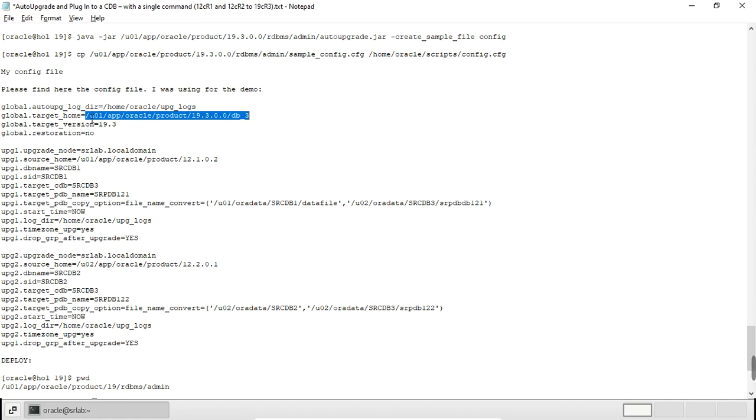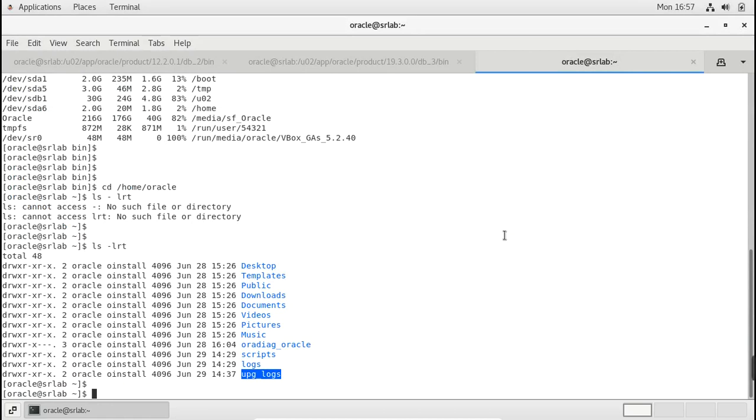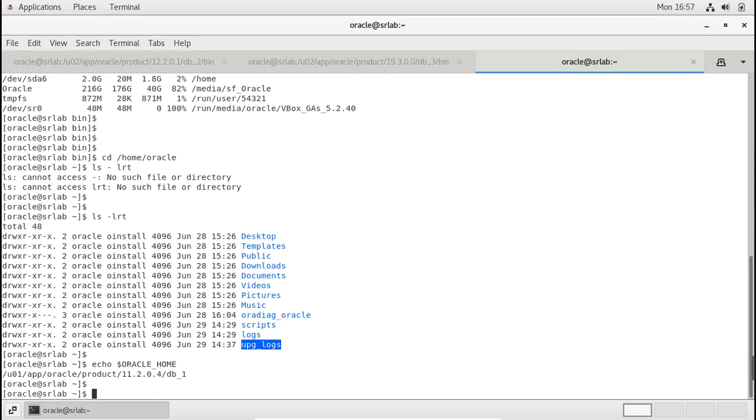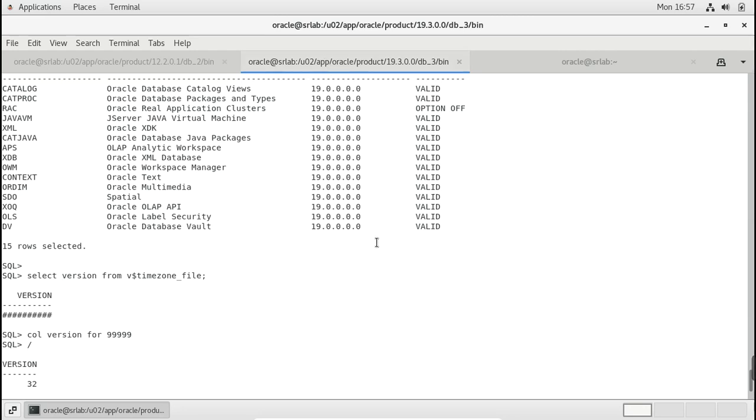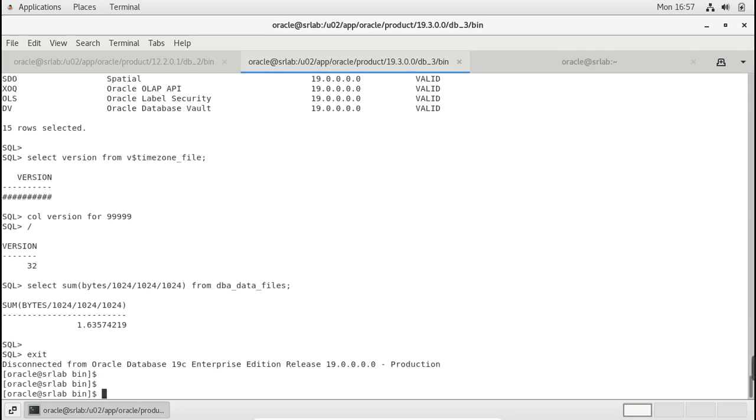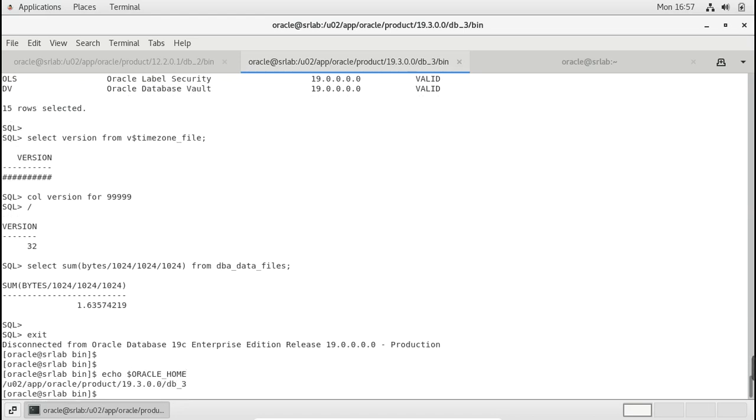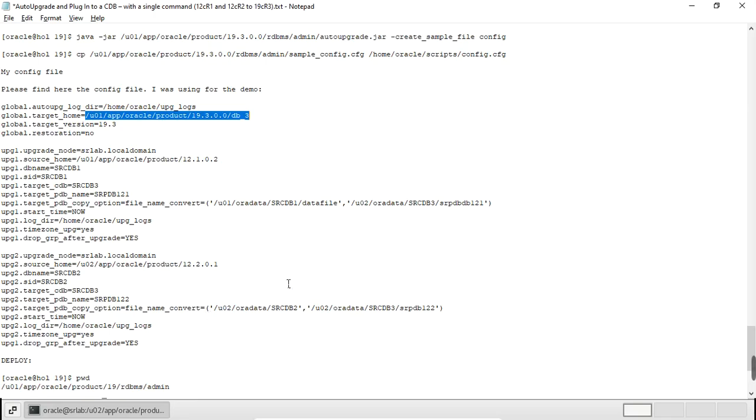So it is the target home. Here I am going to upgrade to the target version 19.3, and the restoration is not present.